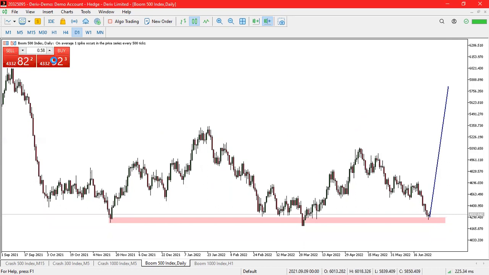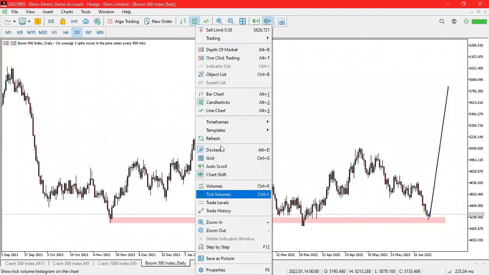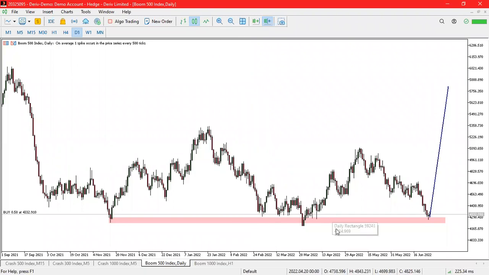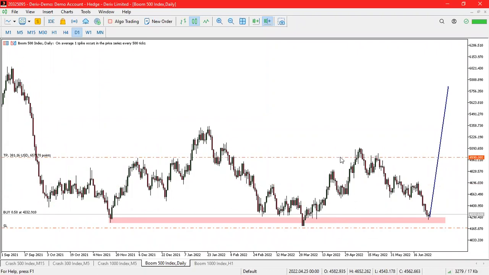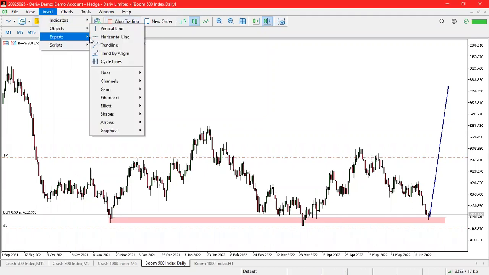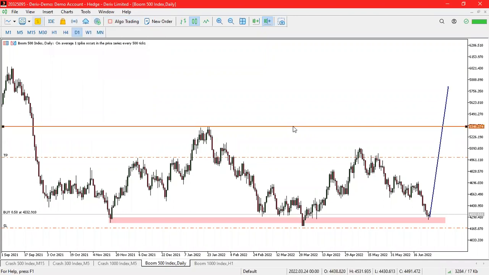Okay, let's do this. You buy here. Where do you set the stop loss? Risk management: set the stop loss below the what? Below the liquidity injection, you see? And then from there, take profit. This is the daily time frame, a long-term buy. TP1 here, TP2 somewhere there. Simple. This is a daily time frame, you just hold.